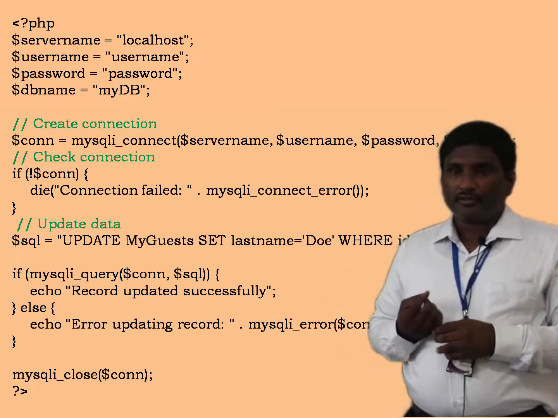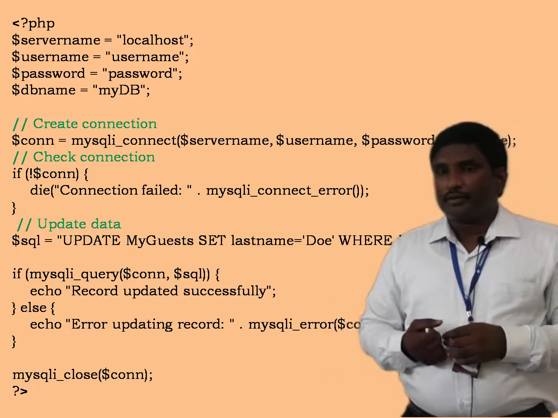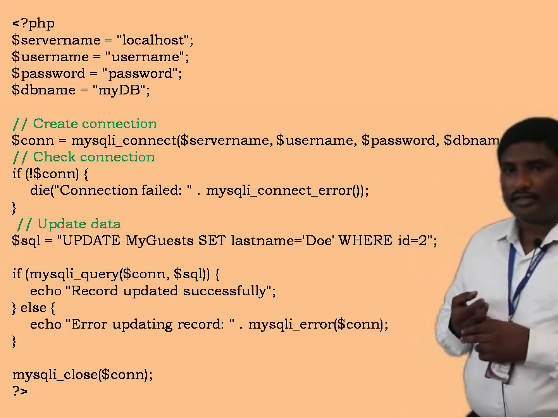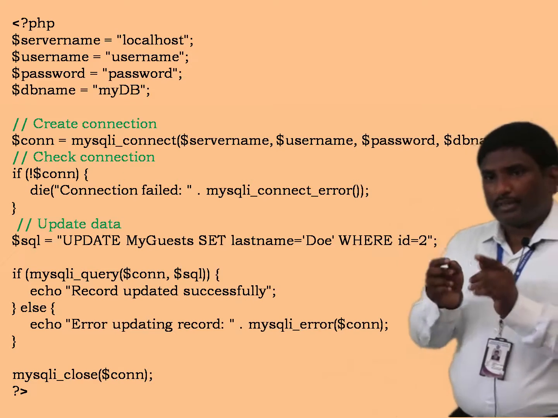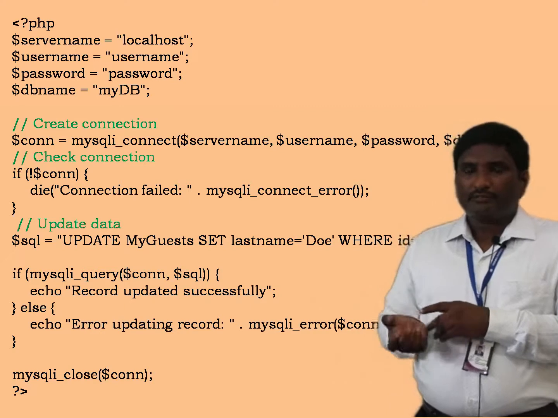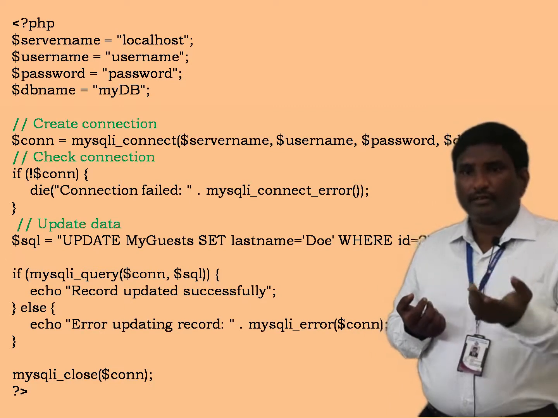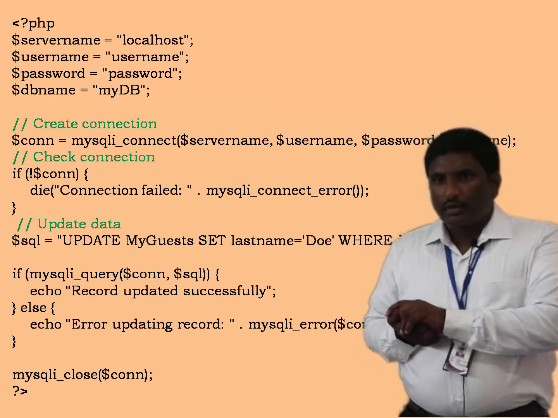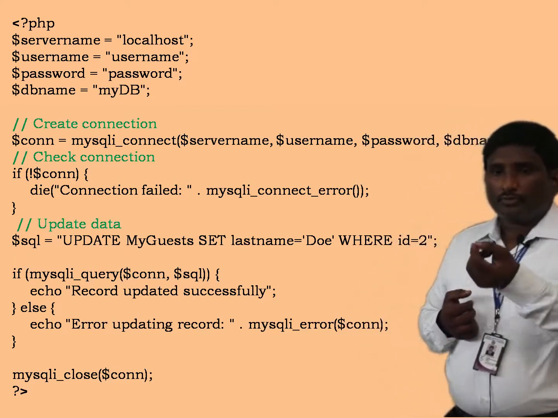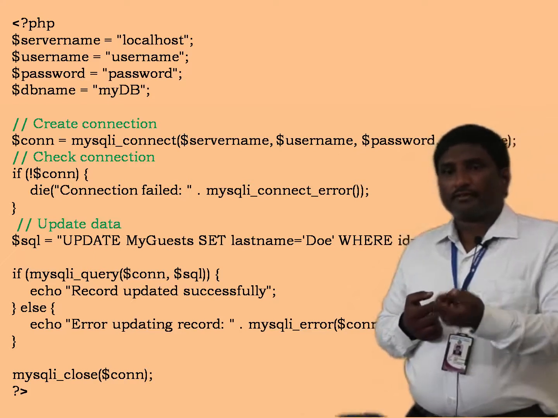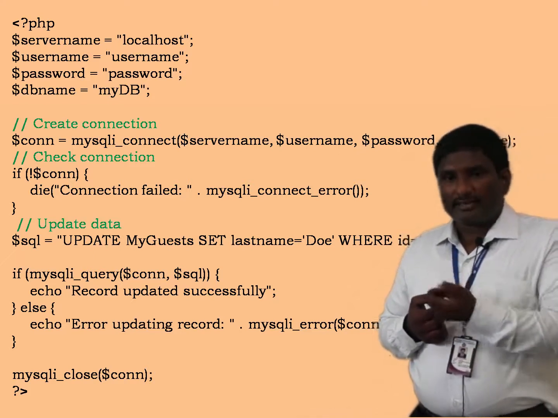So update my guest, set last name equal to some name I have given, where ID equal to 2. Whether it is available or not, you first need to check. So by passing this SQL variable to mysqli_query as the second argument,